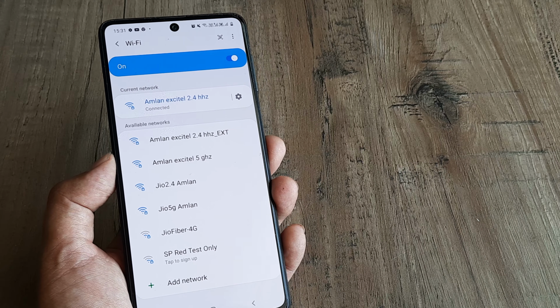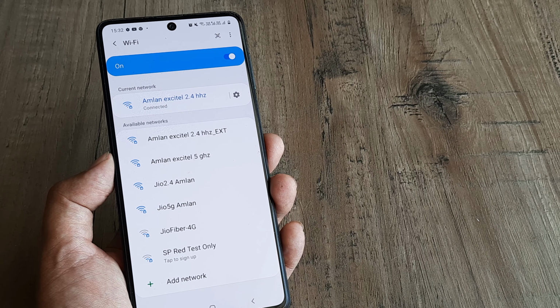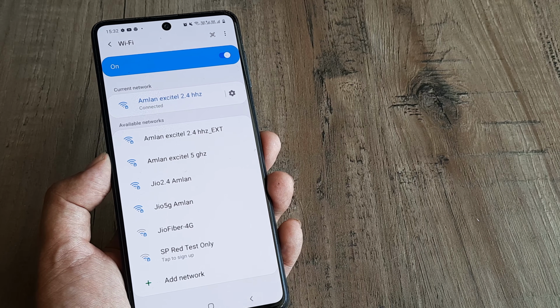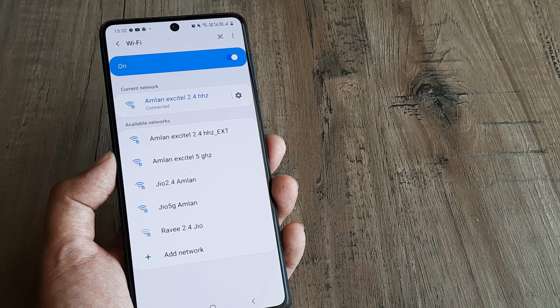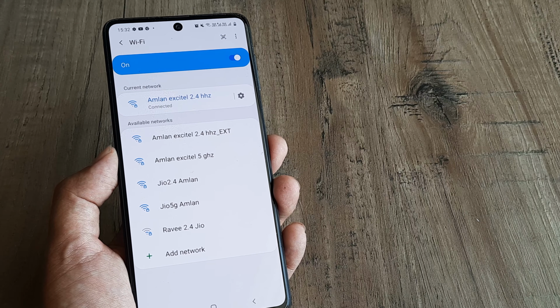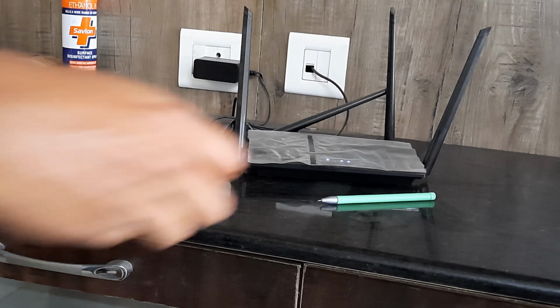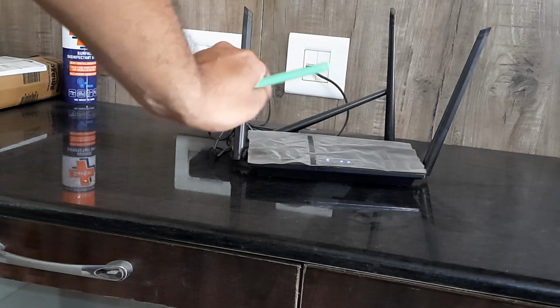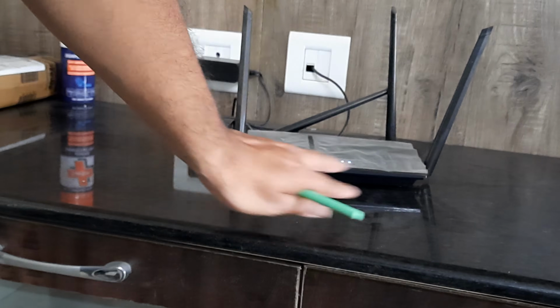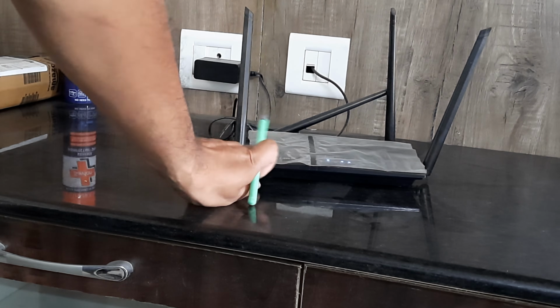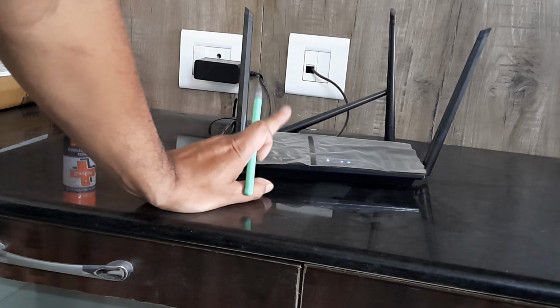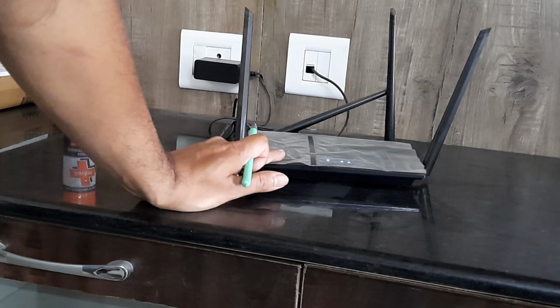Now, very important to understand here is why is this happening? Oftentimes it's possible that your Wi-Fi router itself has certain issues. It's getting congested, there are network issues. So maybe we need to reset that. This is my Wi-Fi router. Using this, I'm basically getting internet on my mobile using the Wi-Fi network. So oftentimes the issue may be here. This Wi-Fi router maybe needs to be reset.